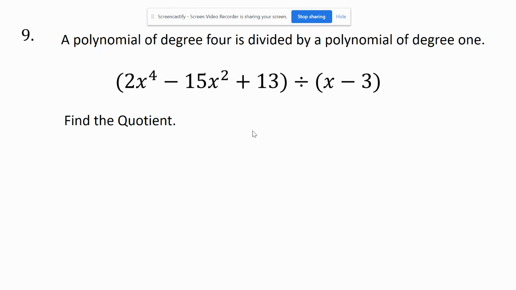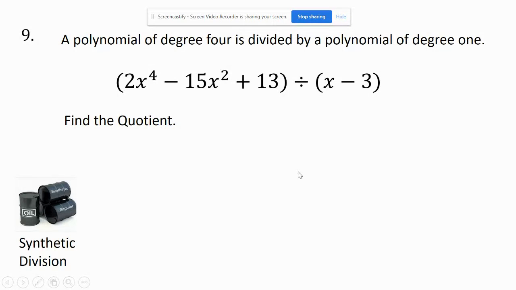A polynomial of degree 4 is divided by a polynomial of degree 1. All right, so find the quotient. So this one here, they want us to go ahead and divide this here. Now be careful, y'all. This one's got a trick, because the first thing I want to look at is, I